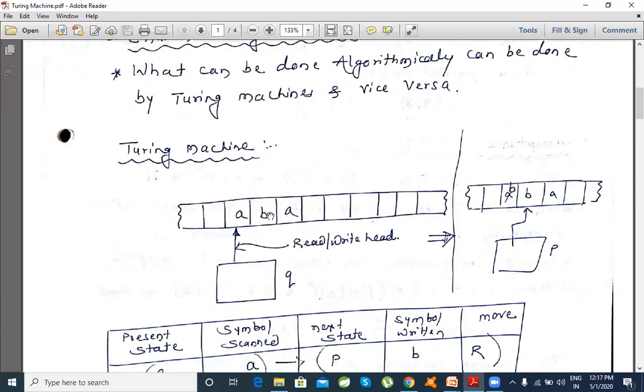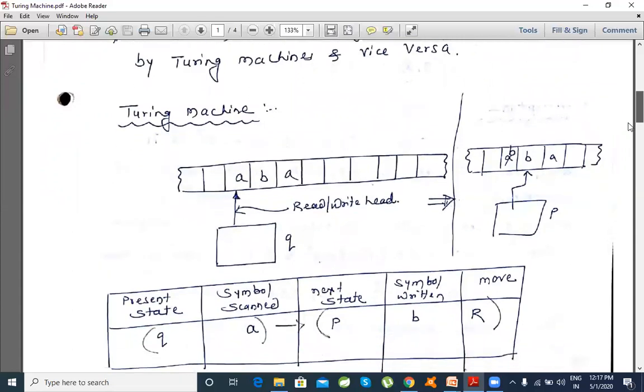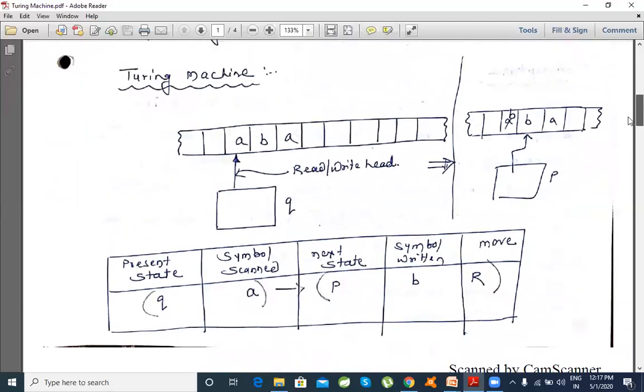What we write on this, presently we give our input to the Turing machine on this step. This input, which is represented by sigma, is always a subset of this gamma. Both are common, so whatever input we are giving should be available on this step. Your input is always considered to be a subset of the tape symbols.